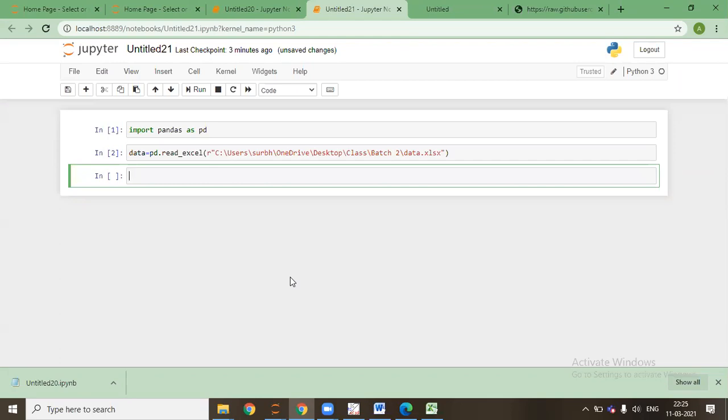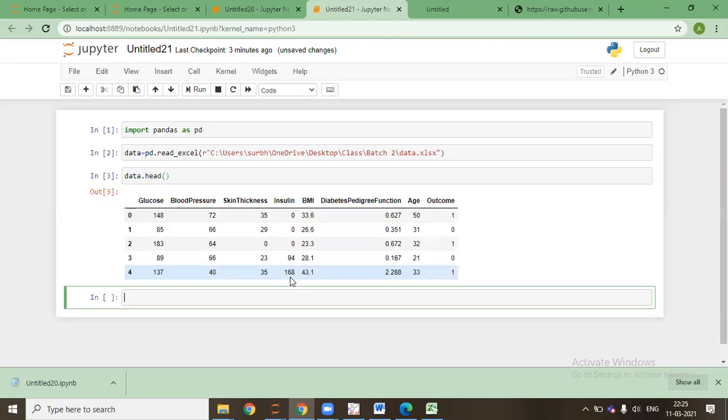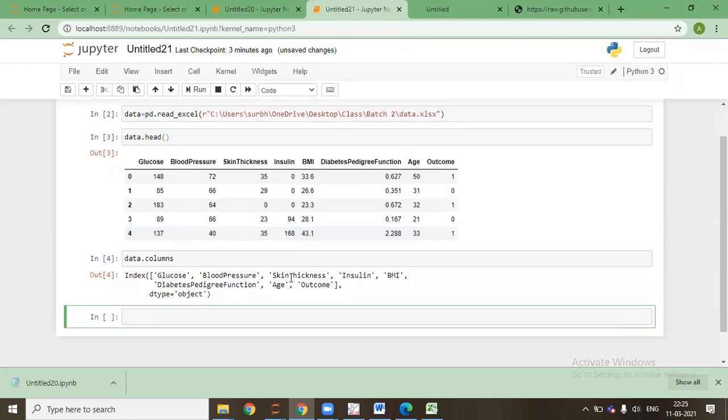I'll say data dot head. Data dot columns, sorry. Data dot columns. These are the columns I have.